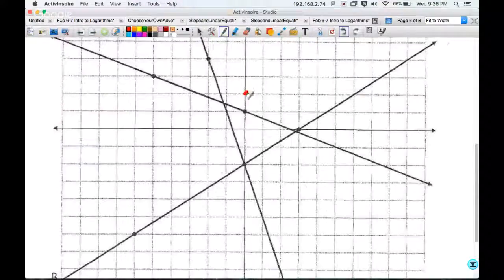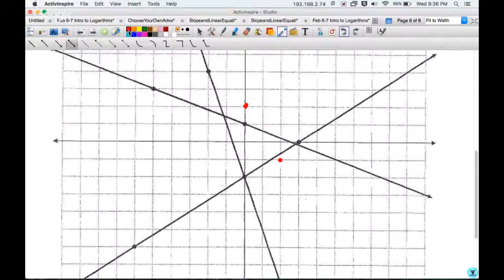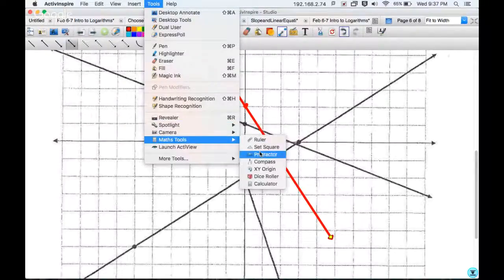2 and 2, negative 1. There's our 2 points. Let's connect them up with a red line. Is this perpendicular to any of these lines? Well, if I get out my protractor